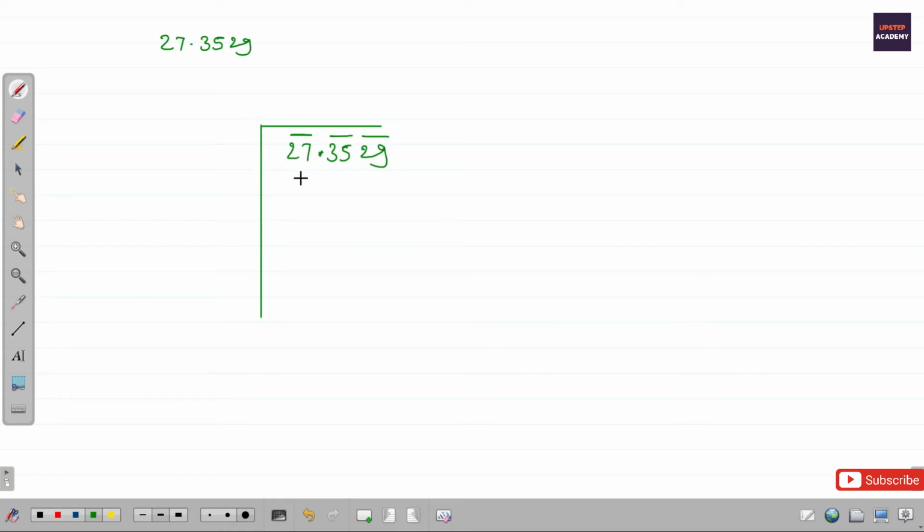Okay guys, so let us take into consideration this first group 27, and we have to find such a number. The method will remain the same. We have to find such a number which is equal to or less than this 27. That number should be the perfect square of some number. So let us write: square of 4 is 16, square of 5 is 25, and square of 6 is 36. So here you can see 25 is the nearest number to this 27.